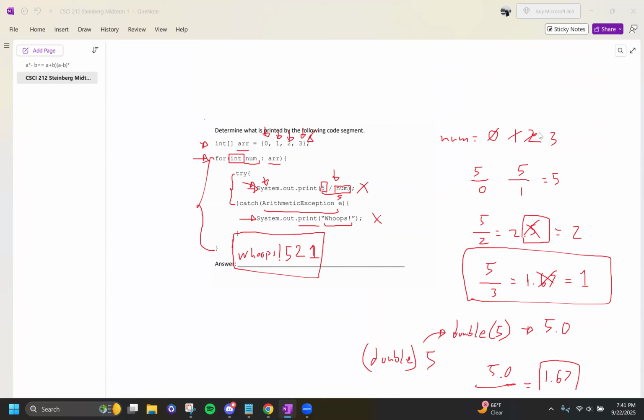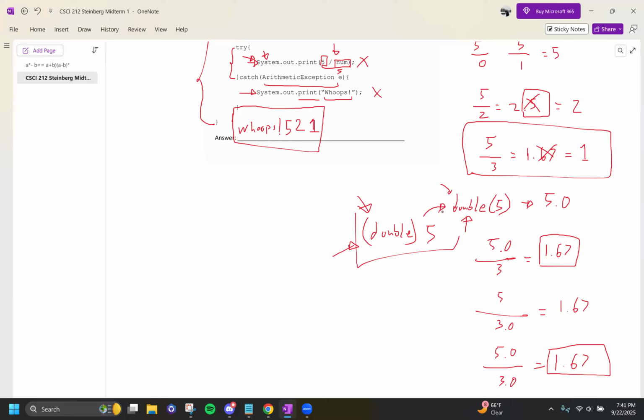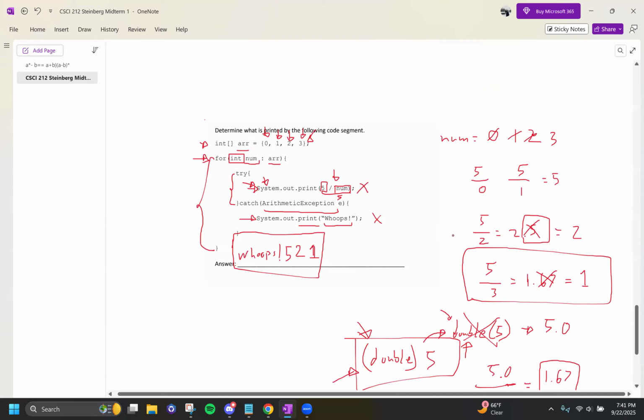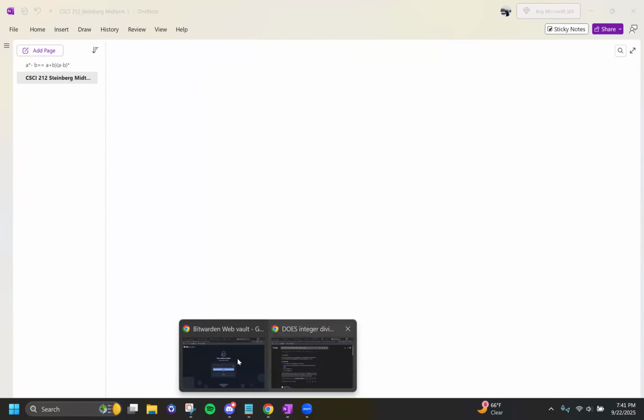Yeah, William is right. Okay, so the reason I was confused with this one or this one is because in Python, you do it this way, but in Java or C++ you do it this way, and I was confusing which one is which. But in Java you do this format, not this one. The parentheses go around the type, not around the number. So if there's no more questions, I'll jump